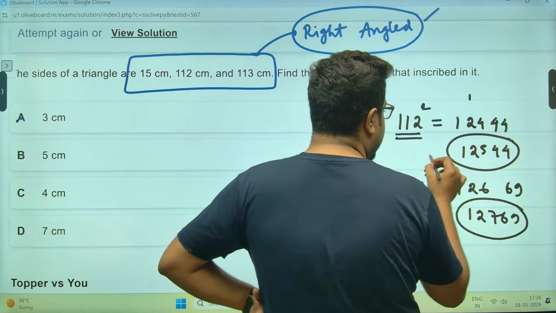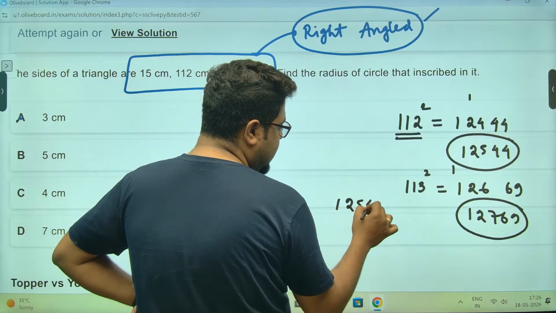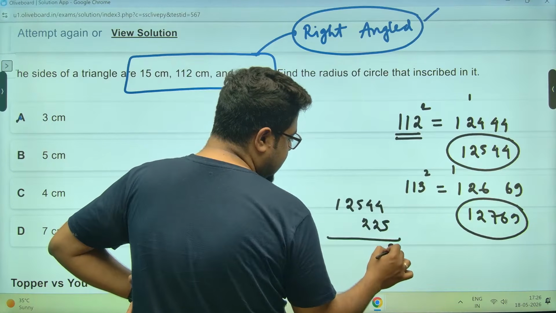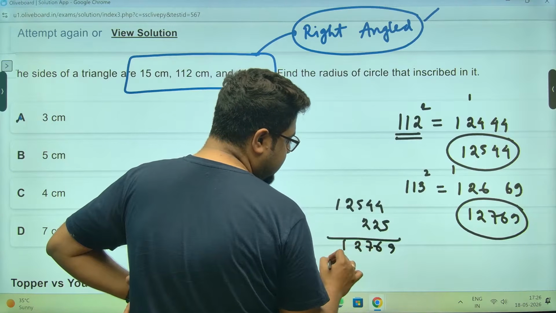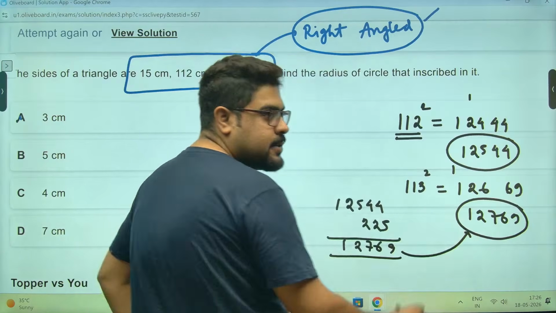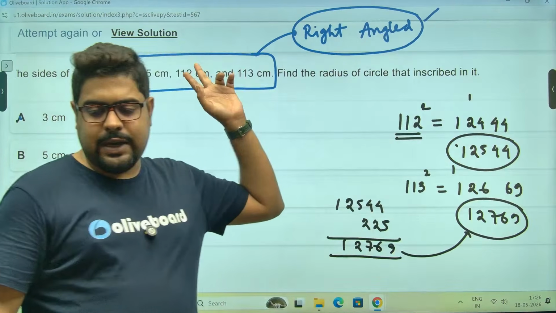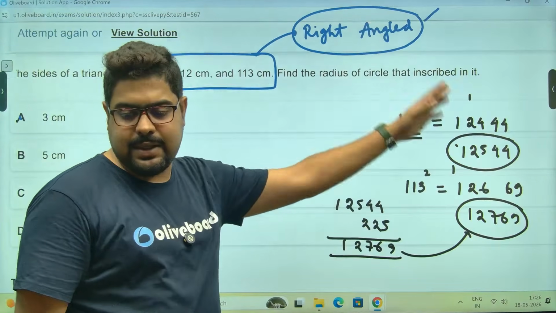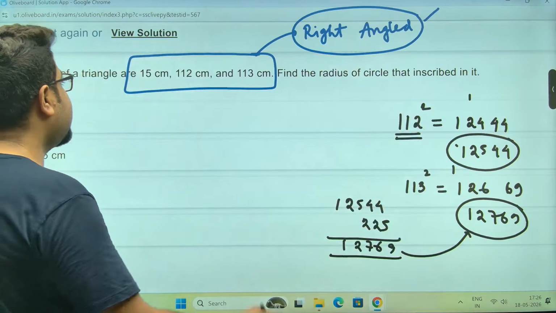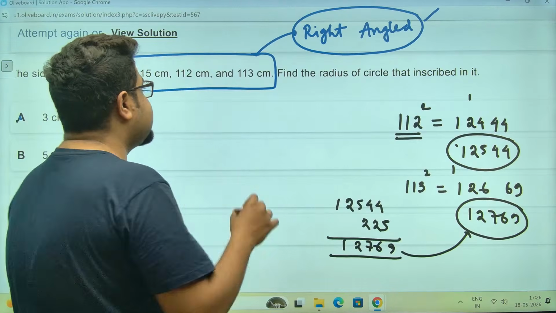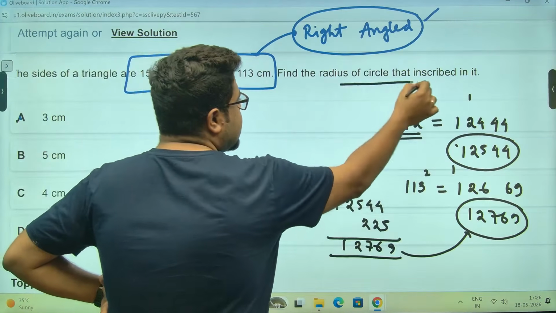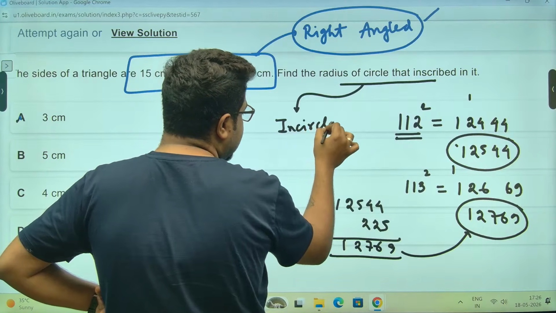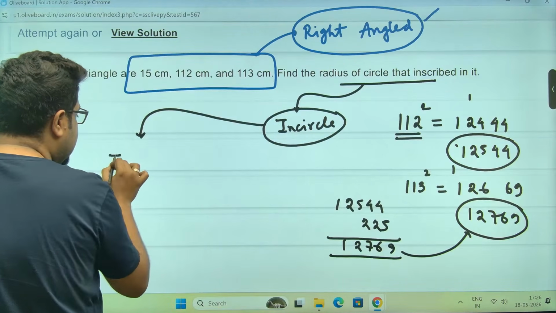125, 44 plus 15 square, 225. Add them: 9, 6, 7, 120, 127, 69, you see. So this square plus 225, meaning 15 square, is 113 square. Meaning this is a right angle triangle. Pythagoras is getting applied. If there is a right angle triangle, the radius of the circle that is inscribed, meaning the radius of the incircle, which is called inradius,